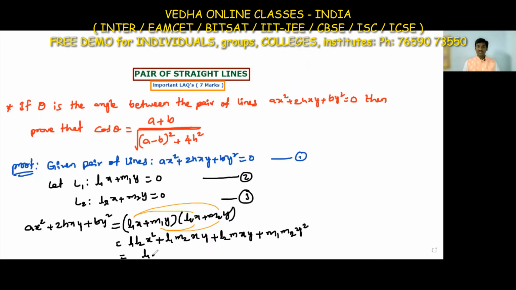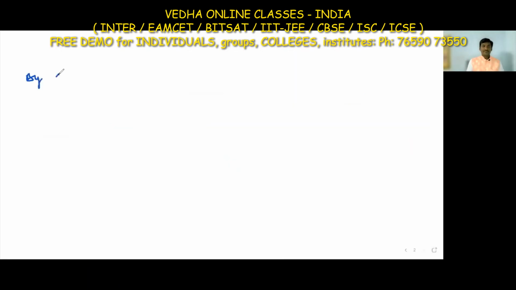That means L1 L2 into x square, the x square term completed. The xy term is L1 M2 plus L2 M1, for both we have xy, so into xy, and the y square term is M1 M2 into y square. By comparing the x square, xy and y square terms on both sides, that is, by comparing coefficients,